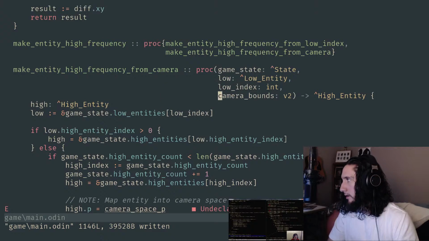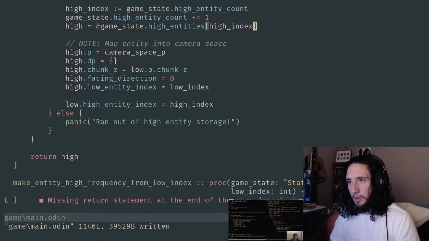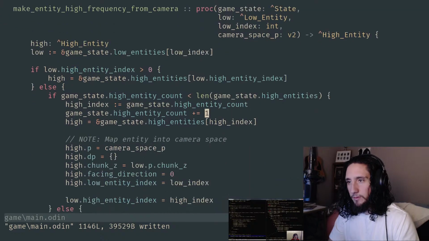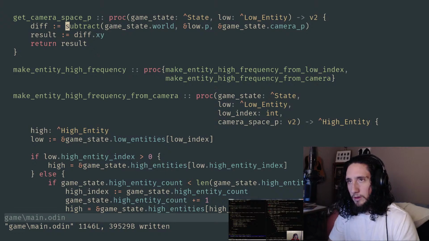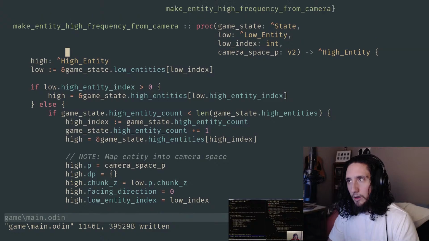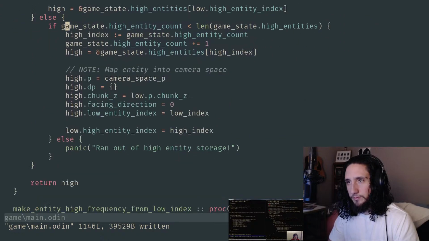And I don't know why I called this camera bounds. This is that value that we're calculating. Finding it difficult to appreciate why we are not doing this calculation here. I guess it's because we're not always going to, yeah, I don't know.